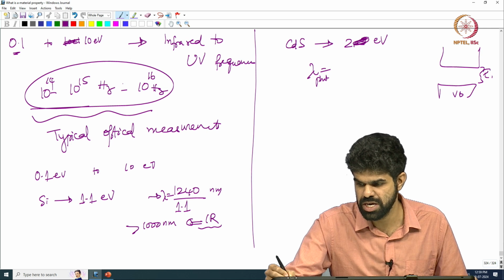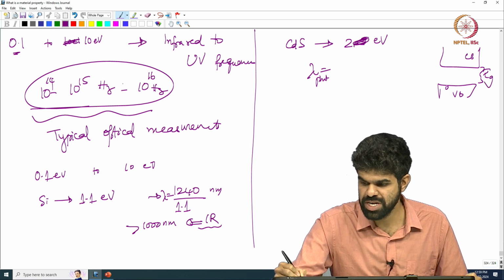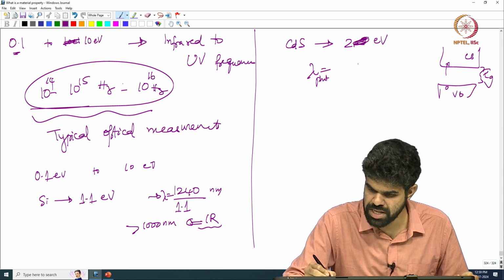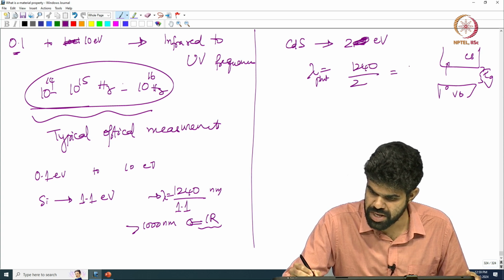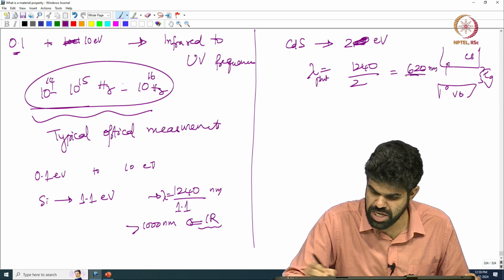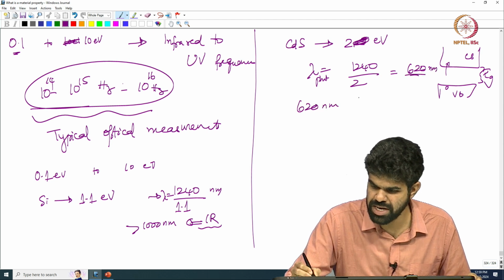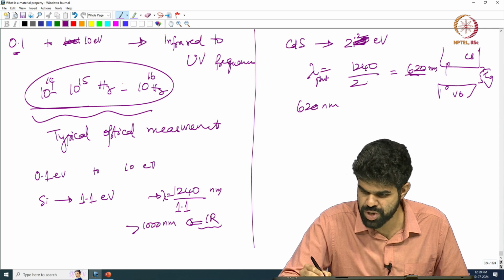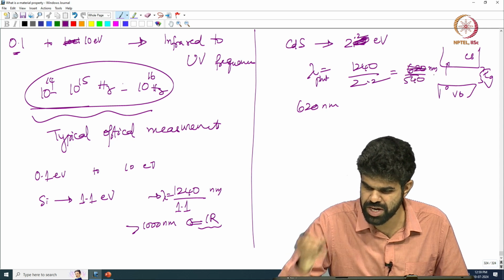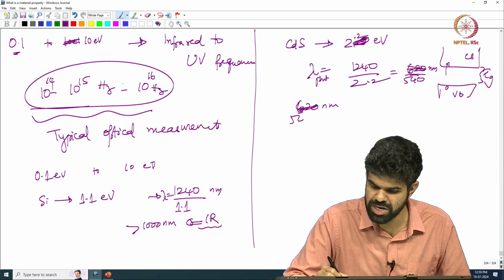So, this is Eg, this is the conduction band. This is 1240 divided by 2, that is about 620 nanometers. Actually this is slightly more than that, 2.2. So, that comes out to be about 540 nanometers, and 540 nanometers is green light,